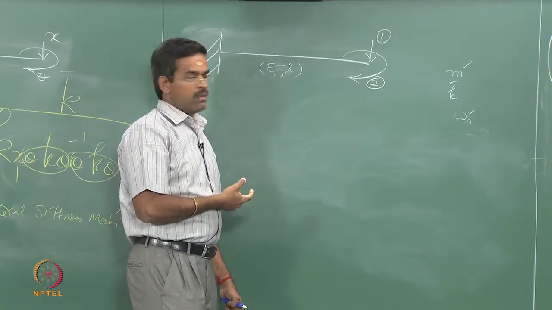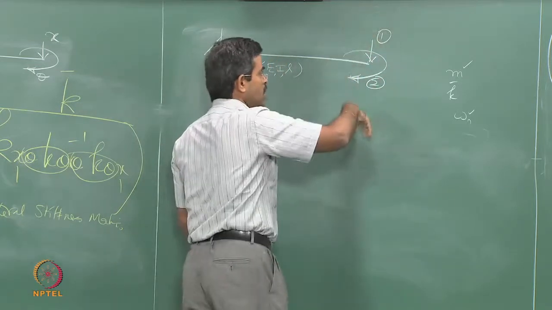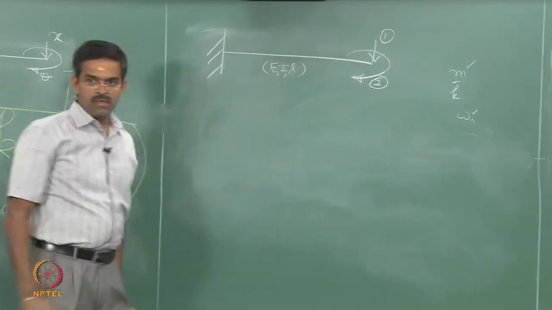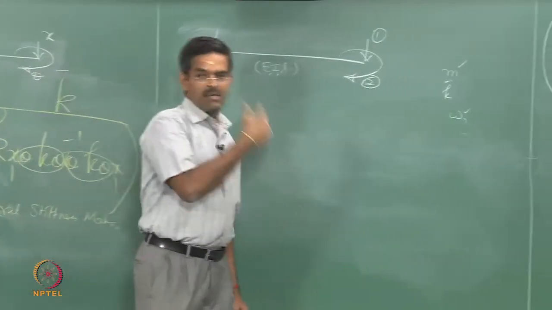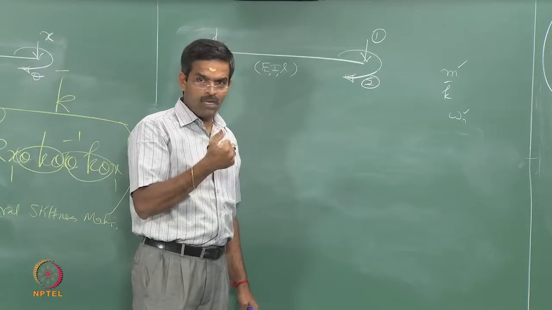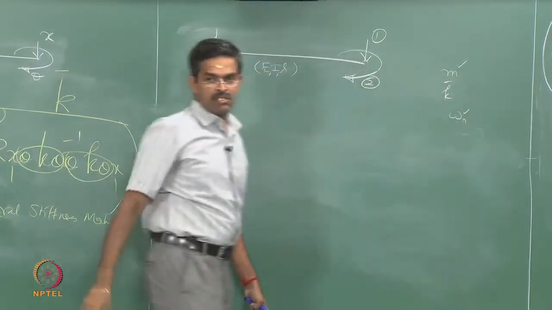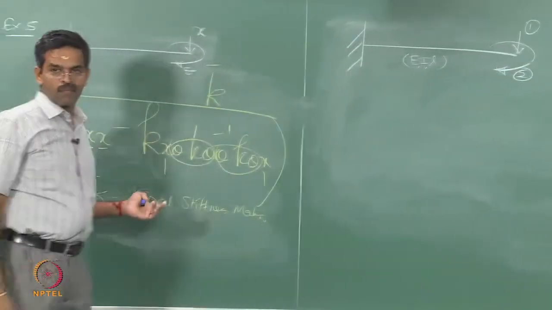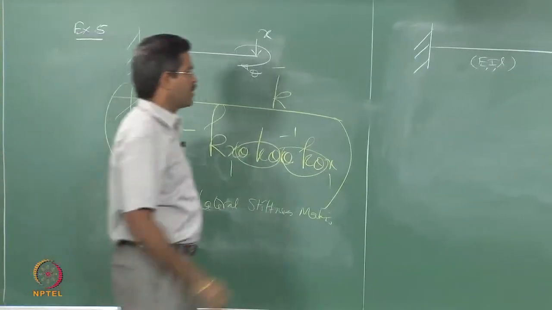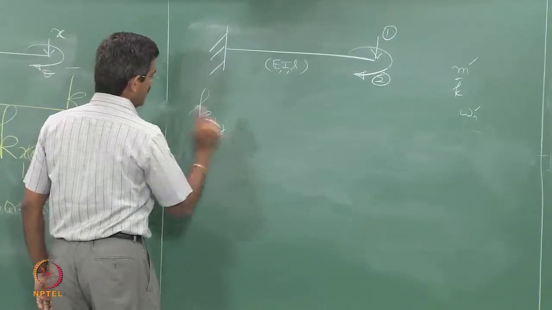And both the degrees of freedom are of a different nature. One is translational, the other is rotational. If both are translational, you can add them as series or parallel. If both are rotational, you can sum them up algebraically. But if they are of different nature, you have to derive an equivalent stiffness, which is from this equation. Let us see what k x x is. Let us see first what is k i j.